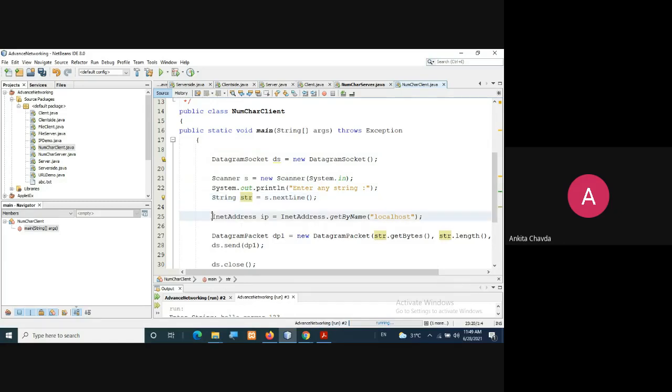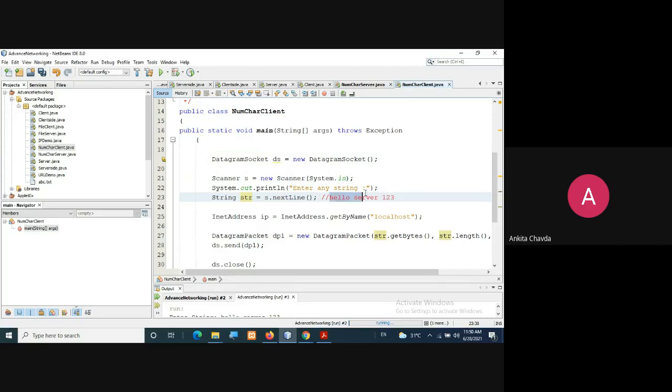Now I'll use InetAddress. InetAddress ip equals InetAddress.getByName the localhost. So it will give you the host name, right? And now you are creating a DatagramPacket. DatagramPacket dp1 equals new DatagramPacket, and here you are passing str.getBytes, meaning whatever the user has entered as a string, suppose I write here hello server 123.